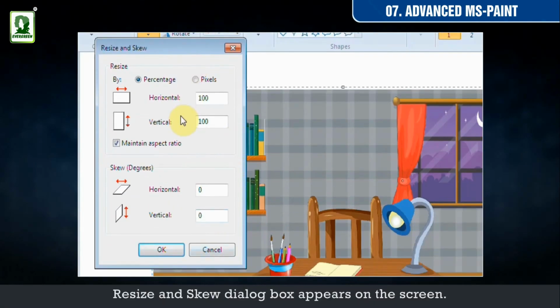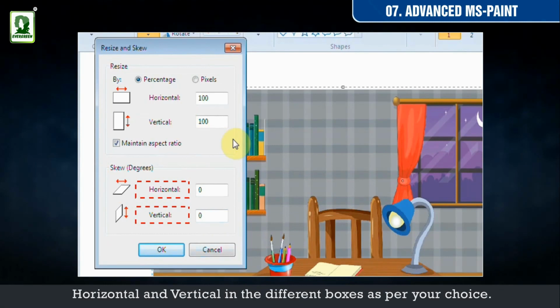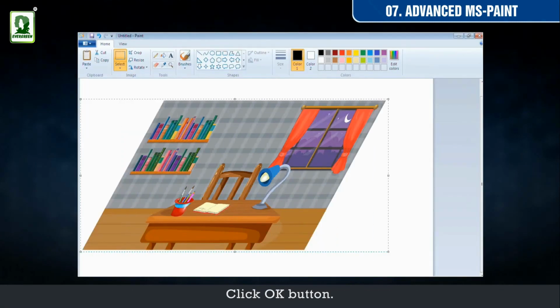Resize and Skew dialog box appears on the screen. Specify the resize in percentage or pixels and skew in degrees for both horizontal and verticals in the different boxes as per your choice. Click OK button.